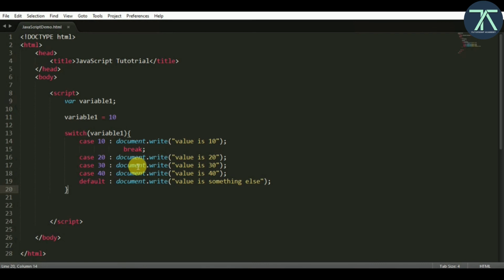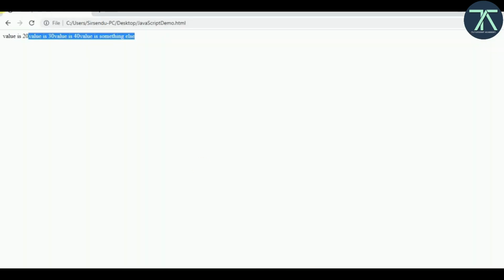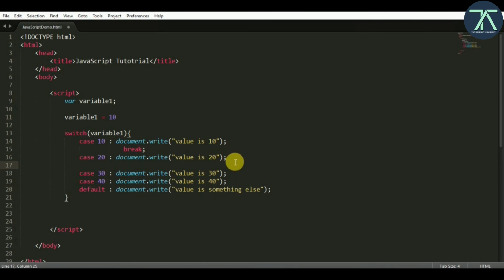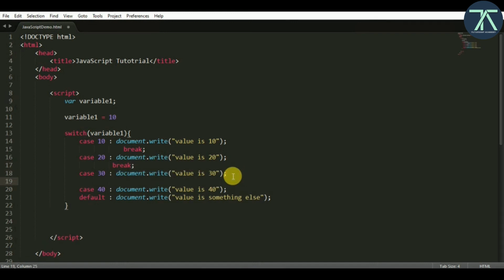So if I save and go back to my browser and just refresh it, you'll see it's only printing value is 10. It's not printing the other statements. So likewise, we have to write break after each case statement. Okay, so here I put it also,